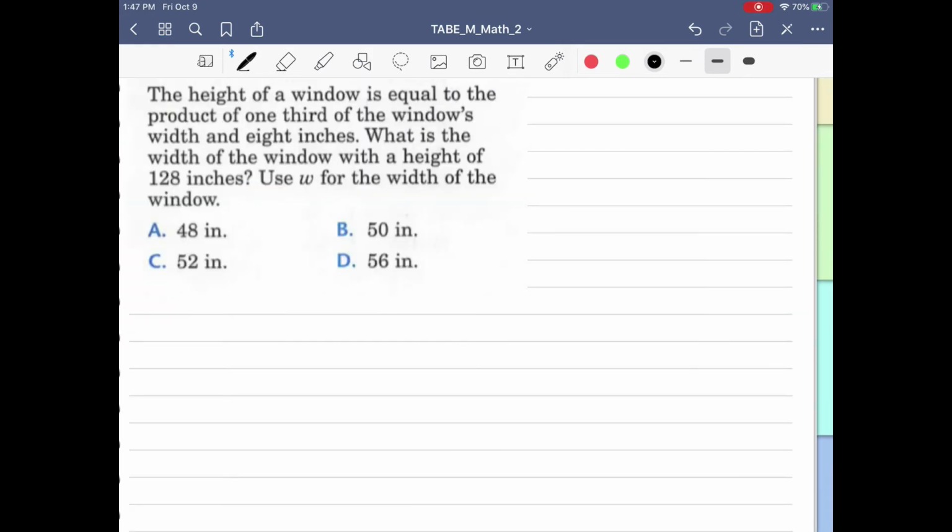Number 12. The height of a window is equal to the product of 1/3 of the window's width and 8 inches. What is the width of the window with a height of 128 inches? Use W for the width of the window. So I'm going to sketch myself a window, and we know that we're supposed to use W for the width. We also know that the height is 128,